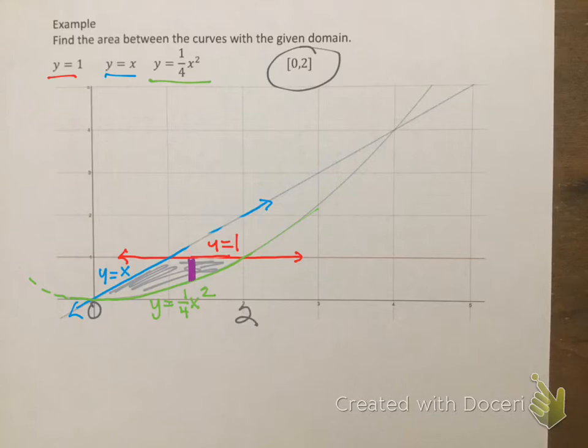Remember the steps: sketch curves, shade in the correct region, draw in a representative rectangle, and slide it. Slide from 0 to 2, back and forth. Focus on the top of the representative rectangle. As you slide, do you see that once you get to 1, the curve that's on top